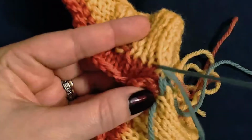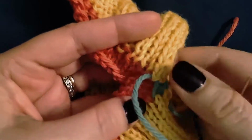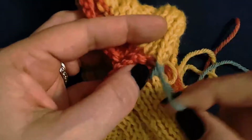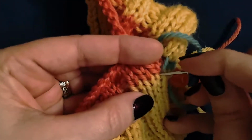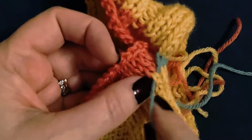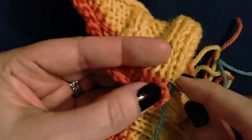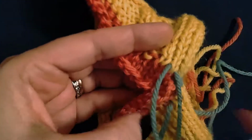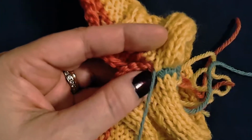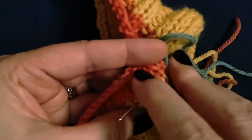The reason this can be such a help is when we have a pattern like this that is not straight stockinette. It's a ribbing, basically. It's a cable pattern, but at this grafting edge, it's a ribbing. This visible grafting method can really help you to see where your grafting yarn needs to go in order to maintain that pattern. So as I get over to